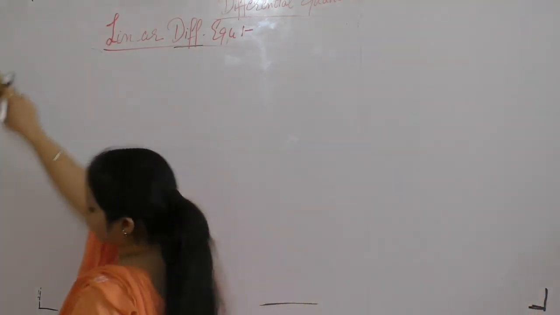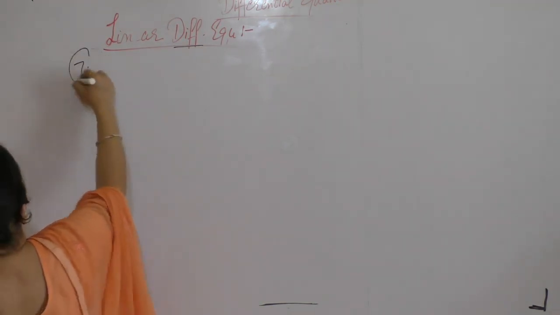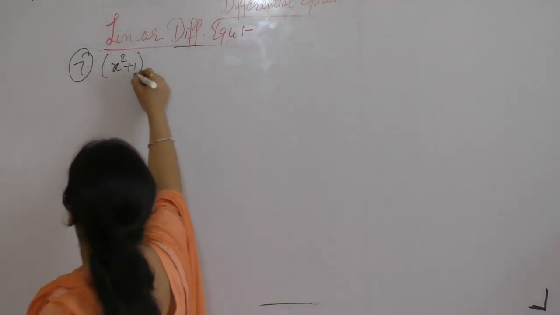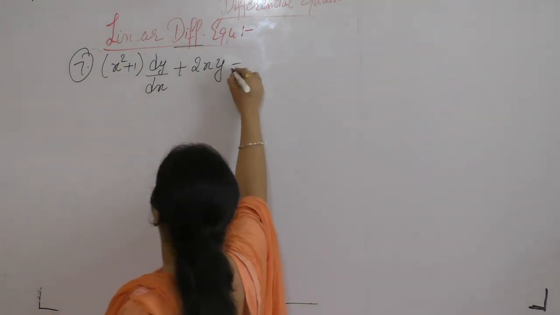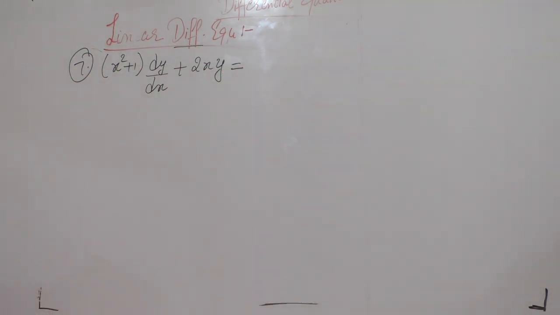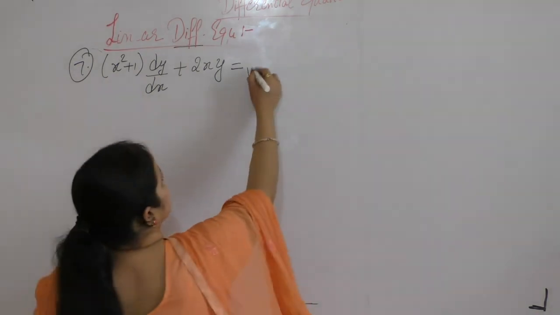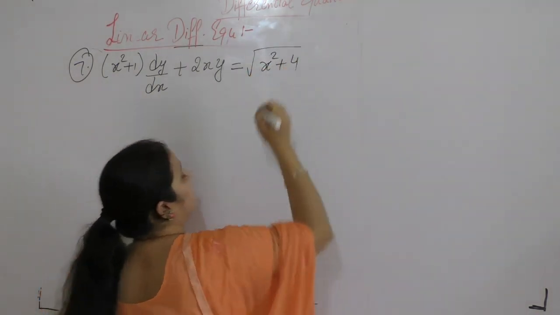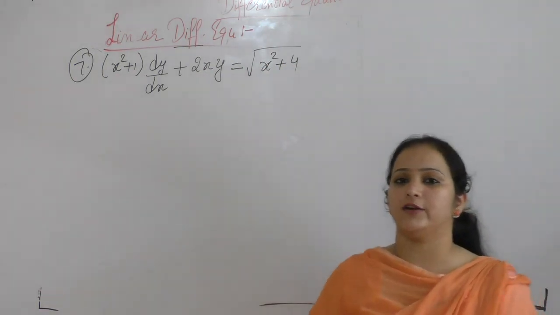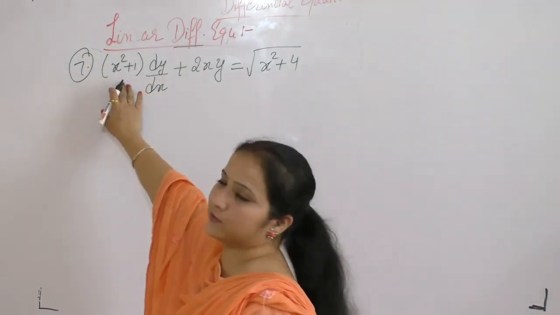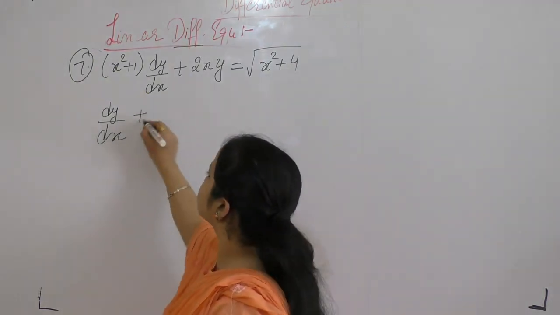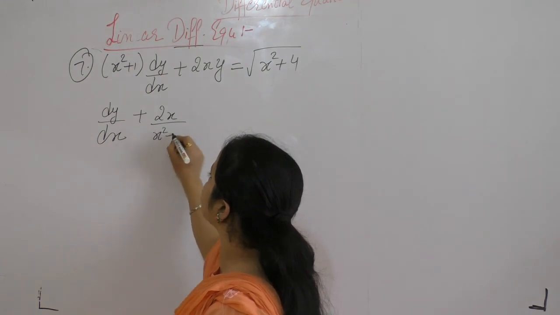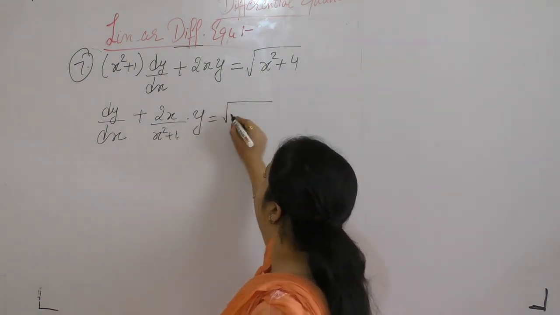Now the next one is question number 7. Solve the differential equation (x square plus 1) dy upon dx plus 2xy is equal to square root of x square plus 4. Again, to make the coefficient of dy upon dx unity, divide this equation by x square plus 1. We get dy upon dx plus 2x upon x square plus 1 into y is equal to square root of